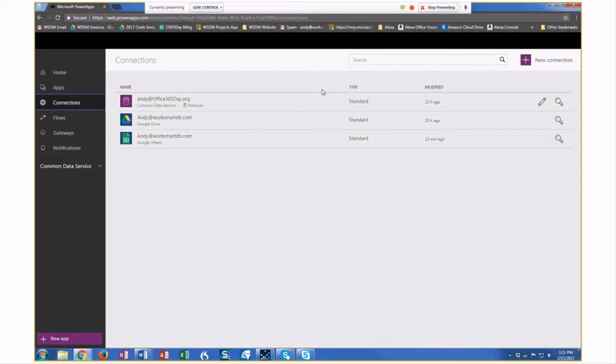I just prefer to build the connections first. We're going to connect to a Google Sheet. So let me build, hold on a second. I'm going to do this. I'm going to create